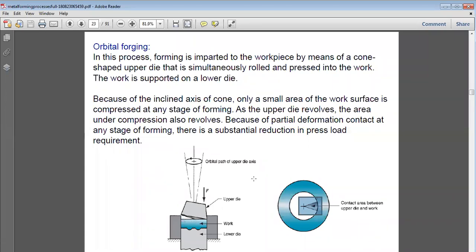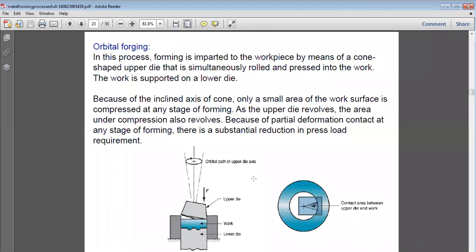Because of the inclined axis of the cone, only a small area of the workpiece is compressed at any stage of movement. Due to its shape, there is inclination on the side of the cone. The work surface compressed at any stage, because it is a rotating part, will go all through the surface of the workpiece.